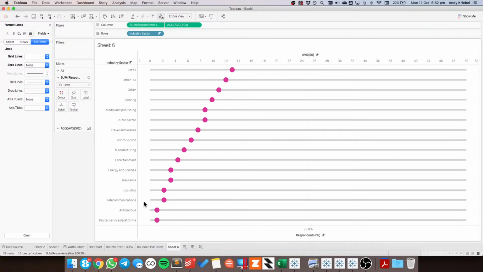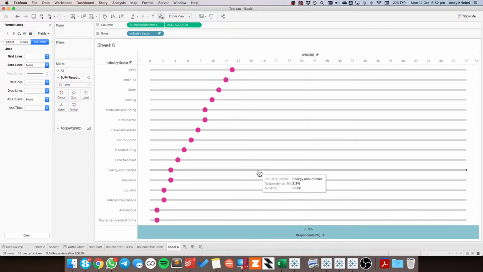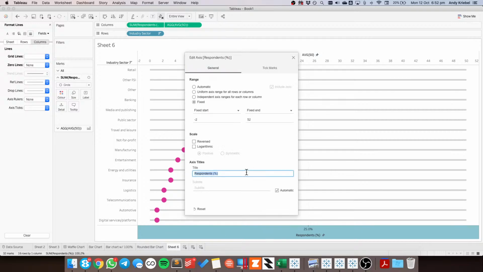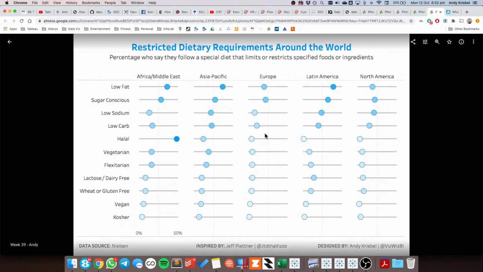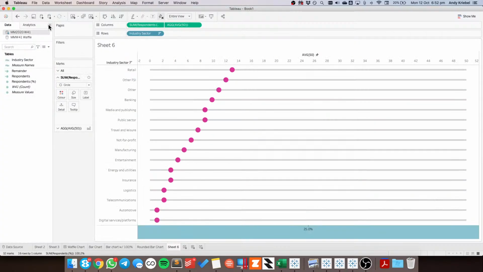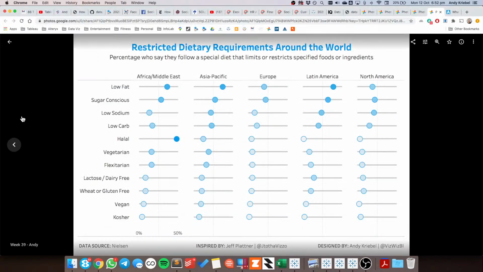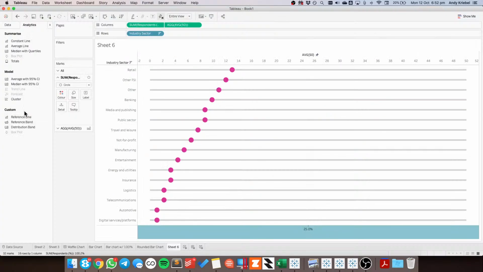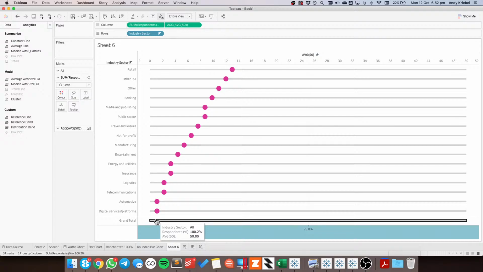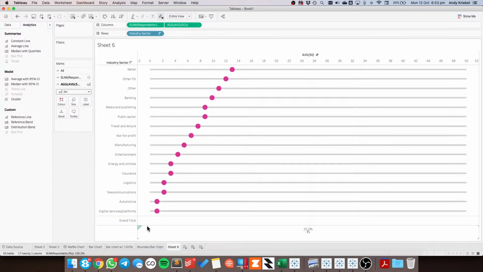I'm going to edit this axis. Get rid of that. Okay, and what I'm going to do then is, if I add on my totals, so column grand totals, right, and then if I just hide that, okay, so now I get a bit of